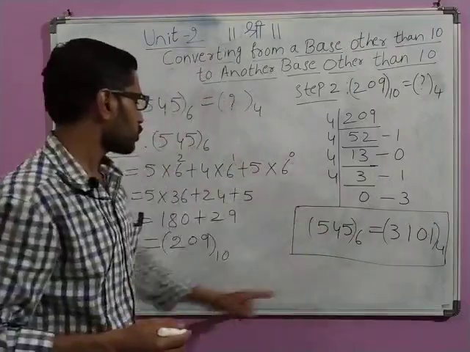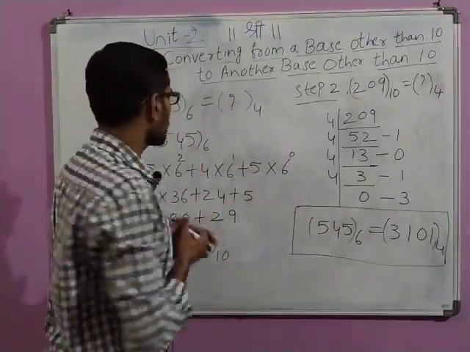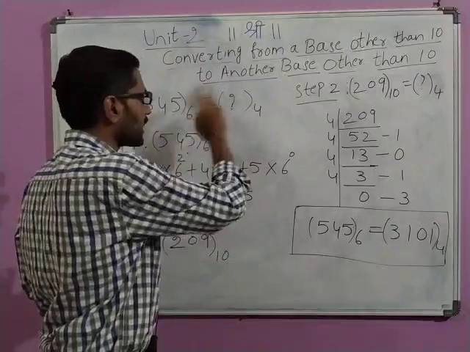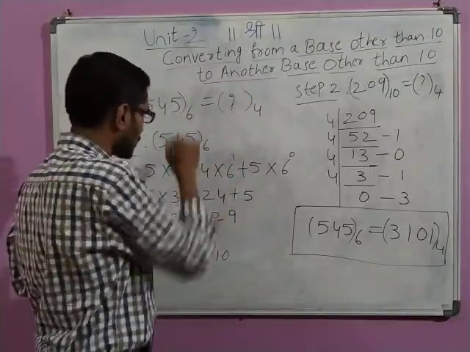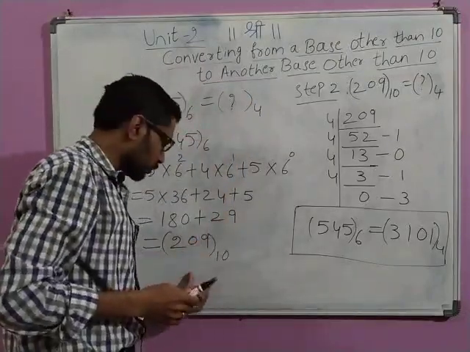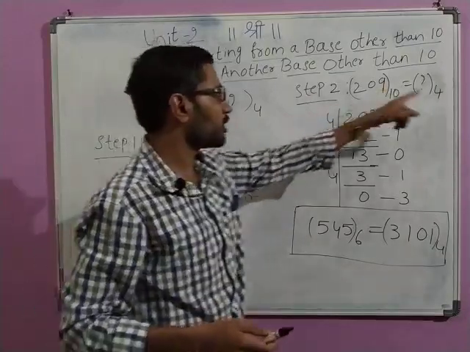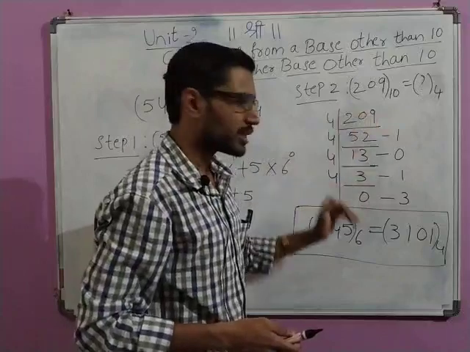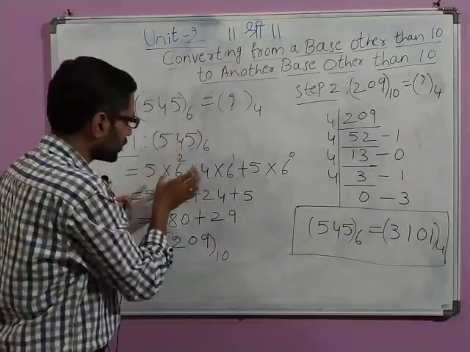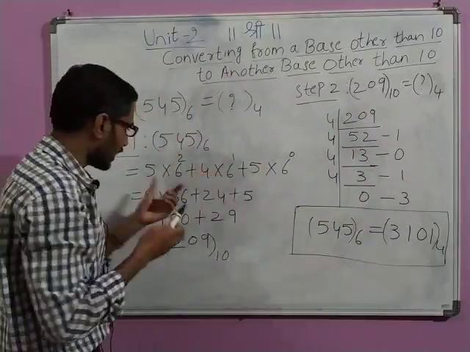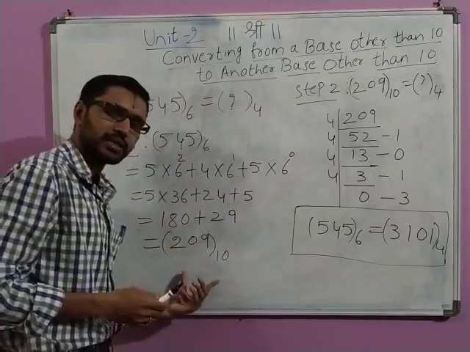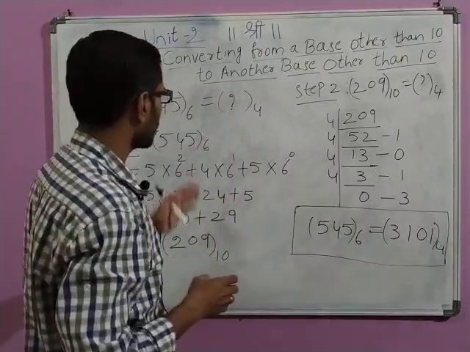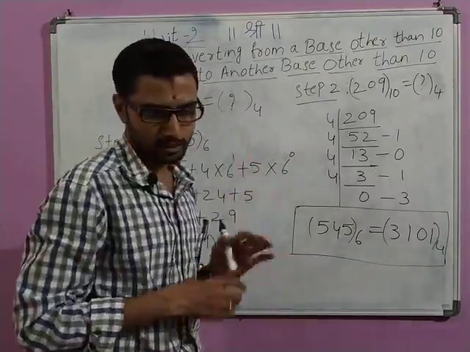So this type of question will be asked for 4 marks. So always remember that direct conversion is not possible. So first convert into decimal. Whatever result you get in decimal, that you need to convert into the required base, and this is by divide and remainder technique. And the first part will be taking the positional values and getting the product and adding the sum. Very simple, and you can easily get full 4 marks here.